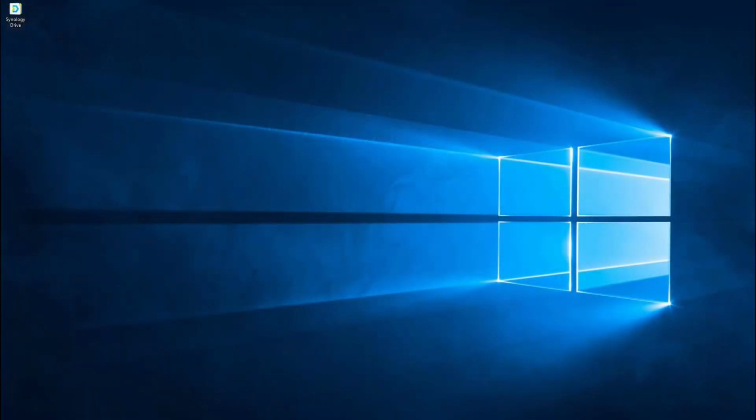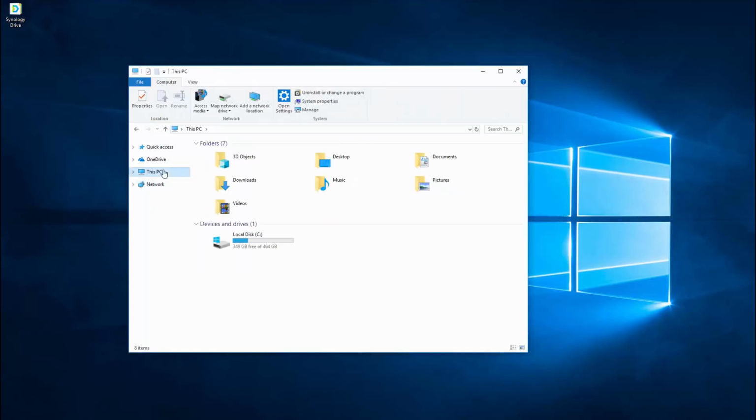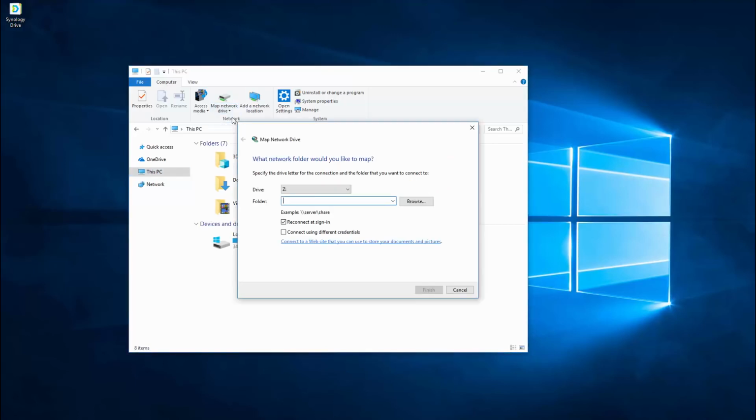Mapping a network drive is actually incredibly easy. I'll demonstrate that right now. Here we are in our standard Windows 10 environment, although you can do this from Mac and Linux as well. I'll click on our Windows Explorer here at the bottom, and then I'll go under This PC on the left side. This is where I can see network locations and attached devices. Up here at the top, I'll click on Map Network Drive. Now, I'll select which drive this will appear as. In this case, I'll leave it as Z. Here, I'll enter the IP address of my NAS and the folder I wish to access on it. In this case, Documents. Then I'll hit Finish.